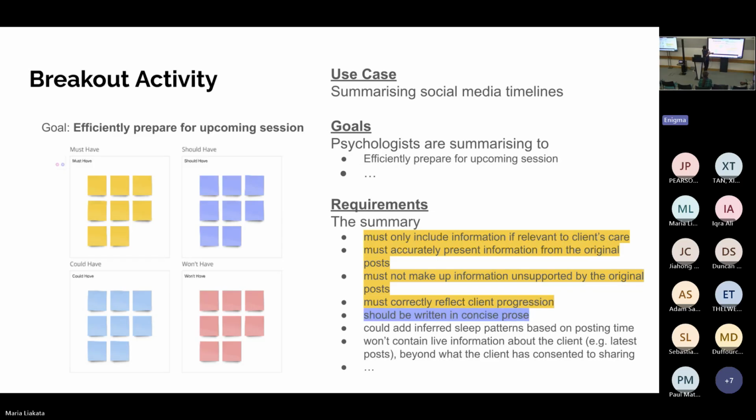Then there are things that the AI system should have or should do. Correspondingly, they will go into the should have section with the purple Post-its. Same for could haves, and same for won't haves. Here the facilitators will guide you through what the board is like and how to use it. If any additional things come up during the discussion with your group, I will also try to capture them and include them in the board where appropriate.